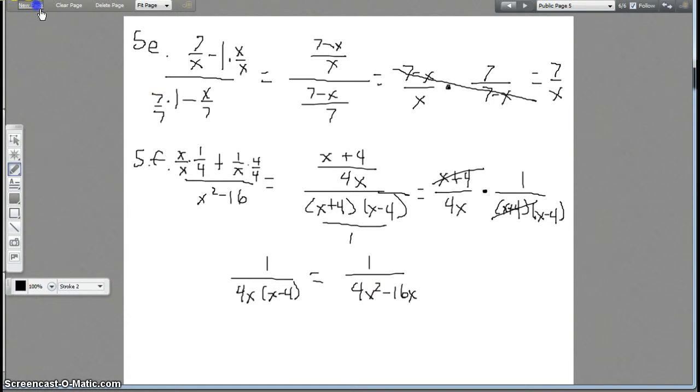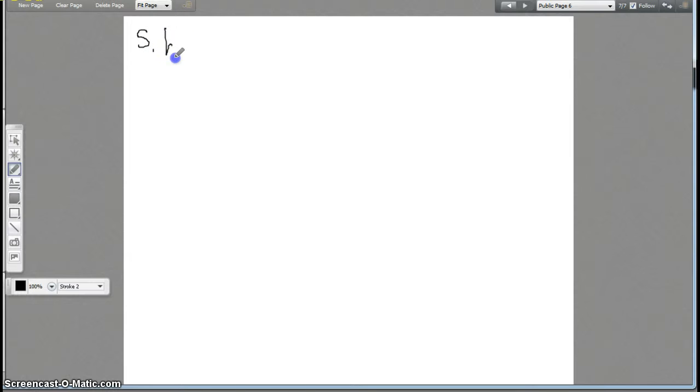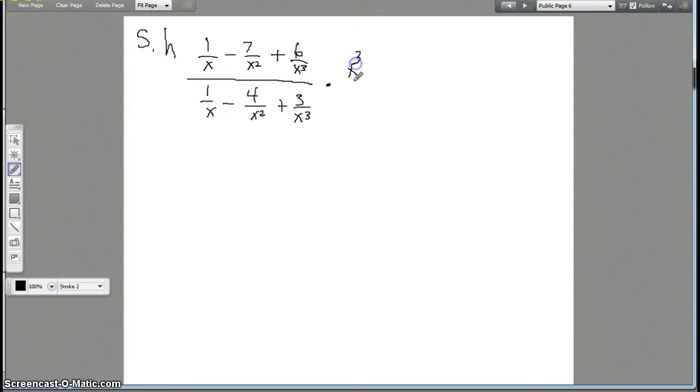Okay, let's do one more part from number 5. Let's look at part H. Part H, we have 1 over x minus 7 over x squared plus 6 over x cubed, and this is all over 1 over x minus 4 over x squared plus 3 over x cubed. Now when I look at this, I see there's one way that I can get rid of all of my fractions inside very quickly. If I multiply this entire thing by x cubed over x cubed,